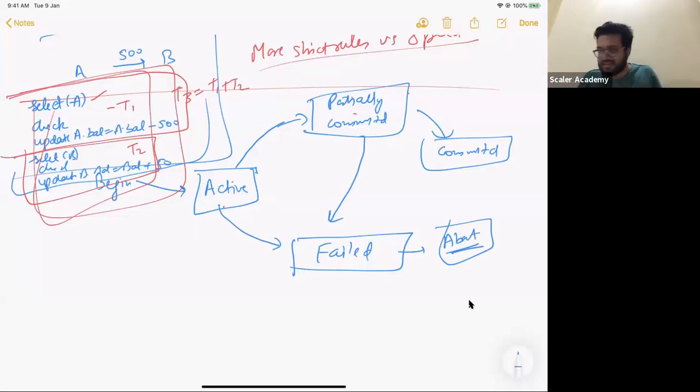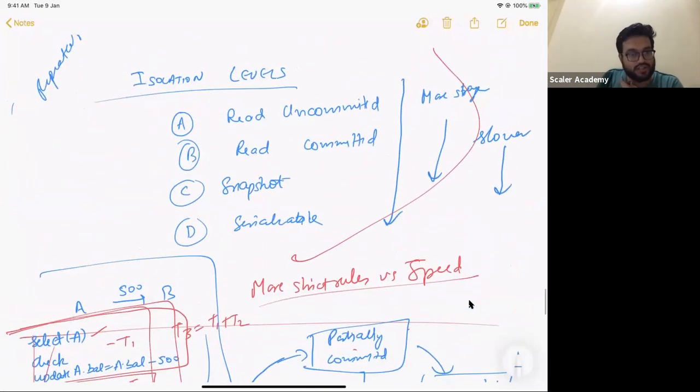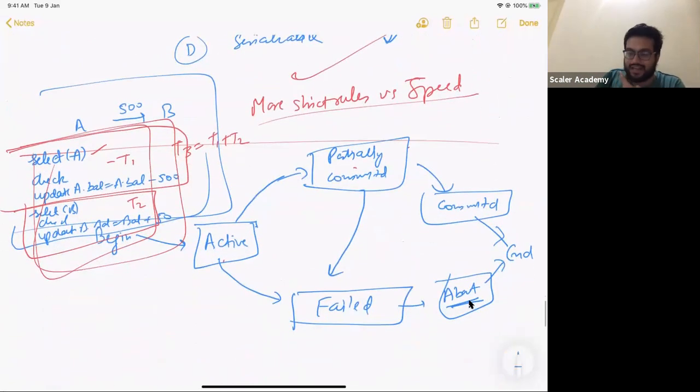And now from this abort state or from this committed state, there is only one way to go, and that would be the end. Does that make sense? Does this flow make sense? And does this now explain to you guys how atomicity can be maintained in a DB? Just because a particular transaction goes through all these possibilities, that is how you can maintain atomicity here. Cool. Now, why did I come to this right now? I come to this right now because now I want to discuss these isolation levels, and understanding about these states will allow me to discuss these isolation levels better.